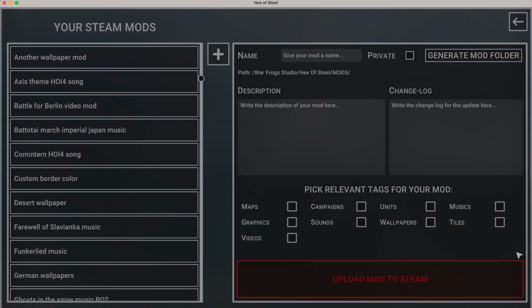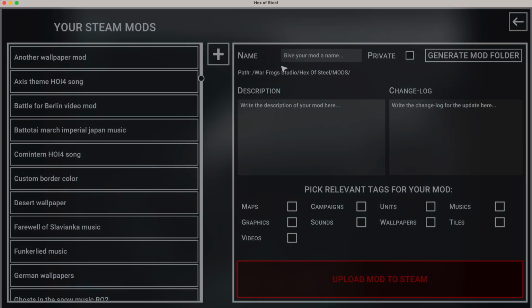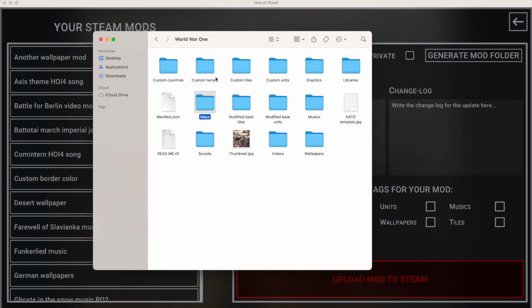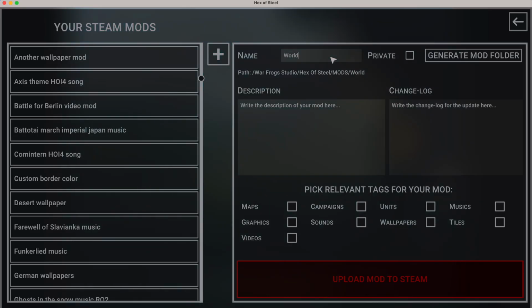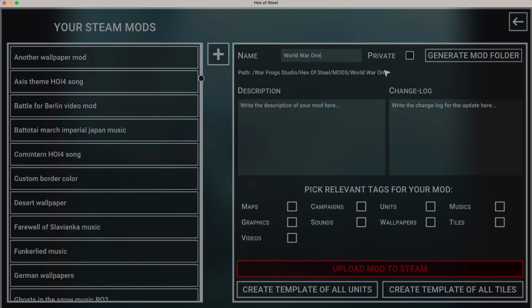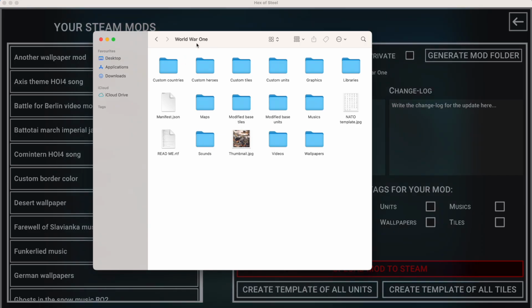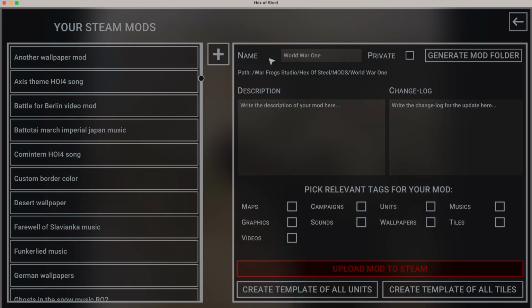So this is basically the UI for the creation of the Steam Workshop item. You are not going to be creating this over again. This is just the Steam Workshop item. So we just are going to be naming this the same as our mod here, because as you can see, the path here is the path to your mod, and this is very important that the names match, because when we're gonna hit upload,